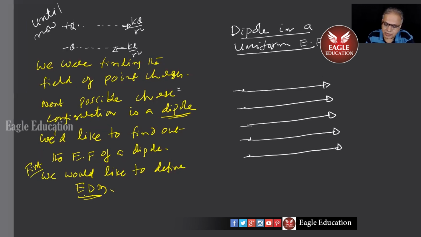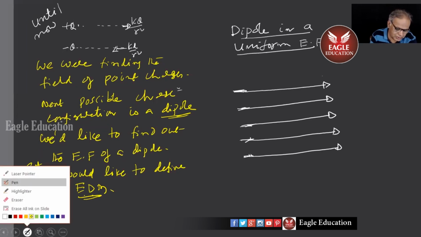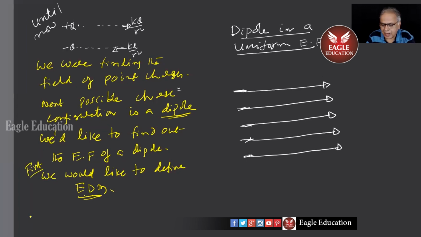Dipole is a single unit, try to understand. It's a single unit. It exists as one unit. So that kind of a dipole, when we put it in this field, what will happen? Say the dipole was like this, for example, initially, plus, minus. It could be a water molecule, for example, straight away.